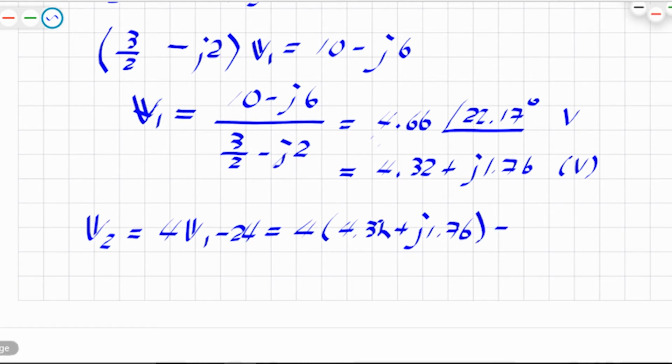Then we need to subtract 24. By doing that, we end up with negative 6.72 plus J7.04. And now we can convert it into a phasor expression, which is 9.73